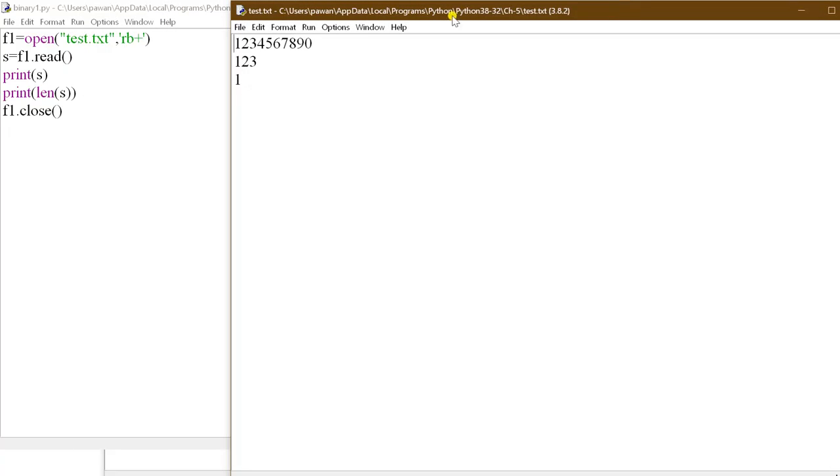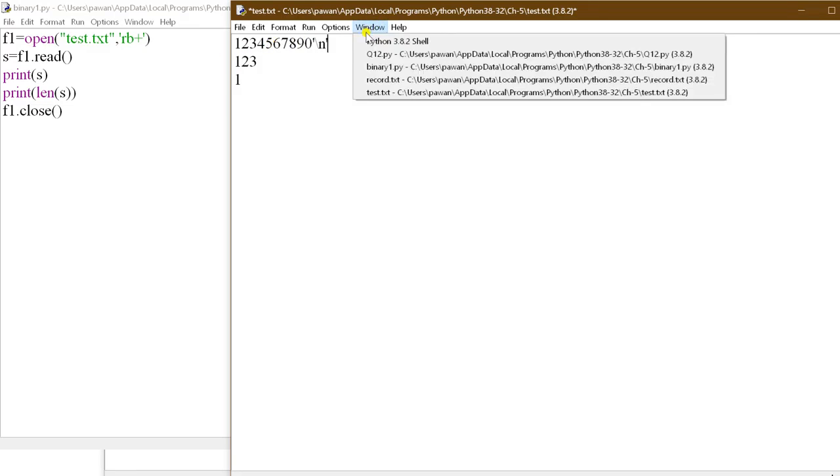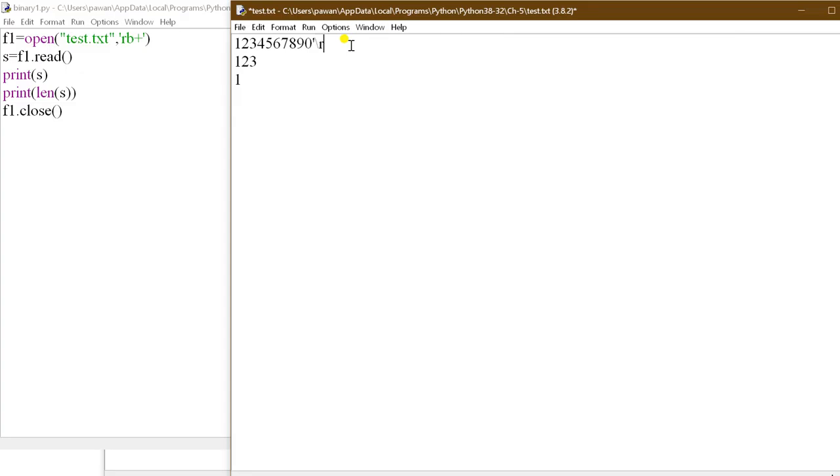Here is the code. When we open the file in text mode, only this \n will be encountered, because here I am just writing the content on the next line. So this \n will be counted. But in a binary file, this \r and then \n both will be encountered and both will be calculated, because in a binary file \r is for carriage return and \n is for newline. So this will hold 1 byte, and in every line it will be counted. So here we have calculated 17, now this is 18, 19.